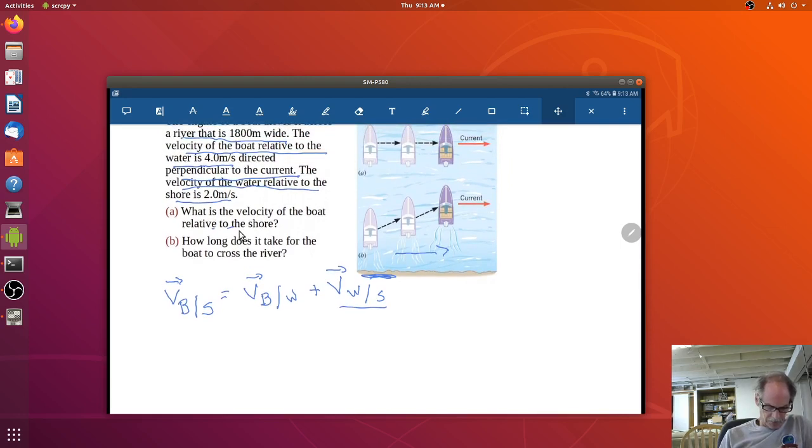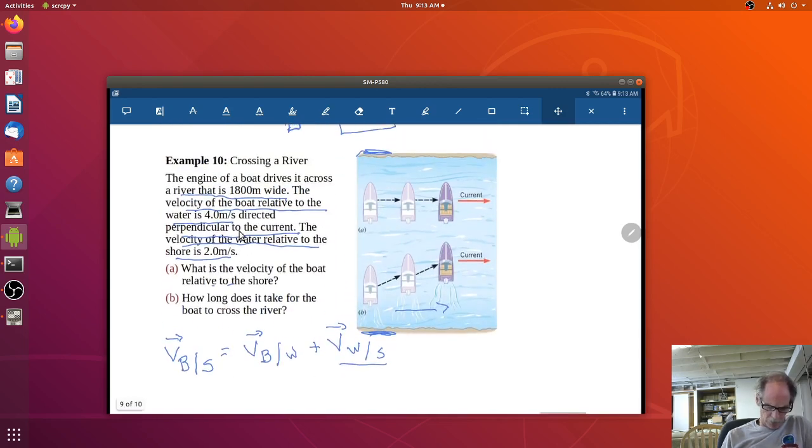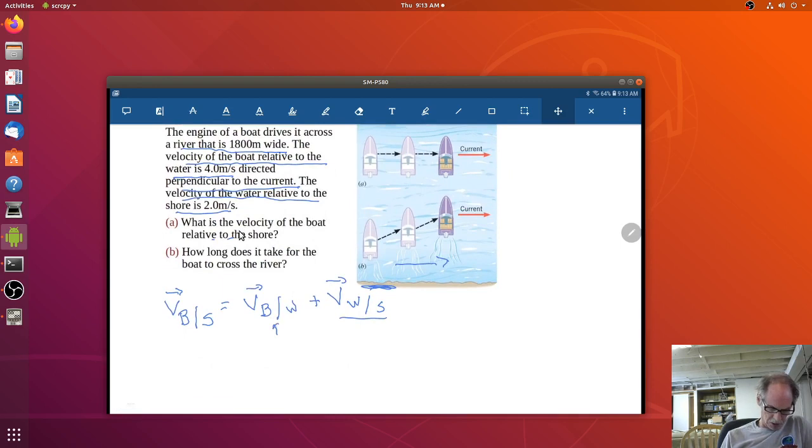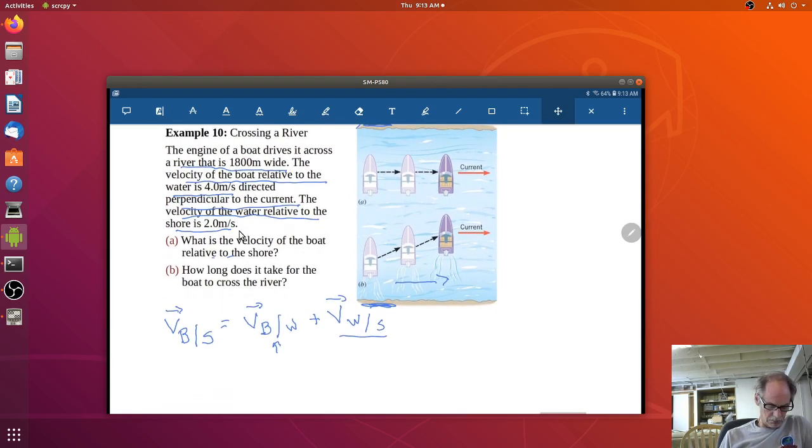So the velocity of the boat relative to the water is in the y direction. This is totally in the y direction. It's moving 4 meters per second, directed perpendicular to the current. So this is 4 meters per second in the y direction. Remember, that was a symbol j, I think, the book uses. And the velocity of the water with respect to the shore is in the x direction, according to this picture. Here's the x direction, here's the y direction. And so that's equal to 2 meters per second in the x direction. I think that's called the i hat direction